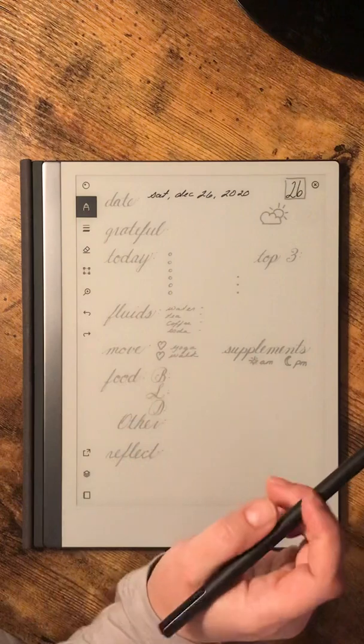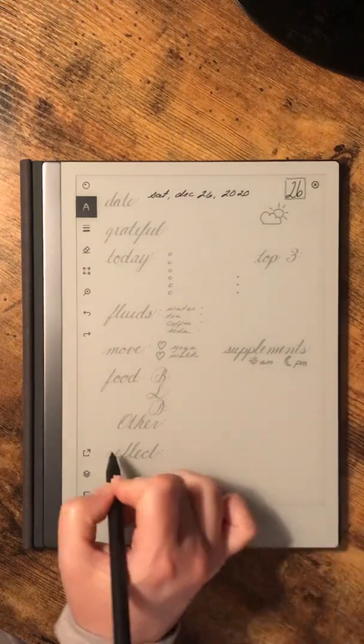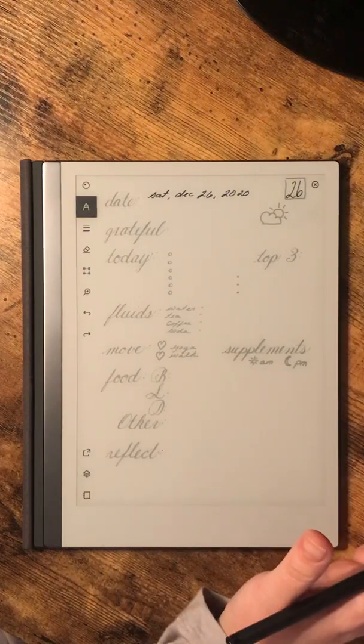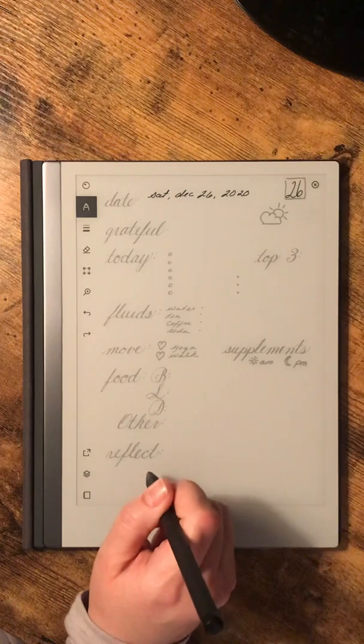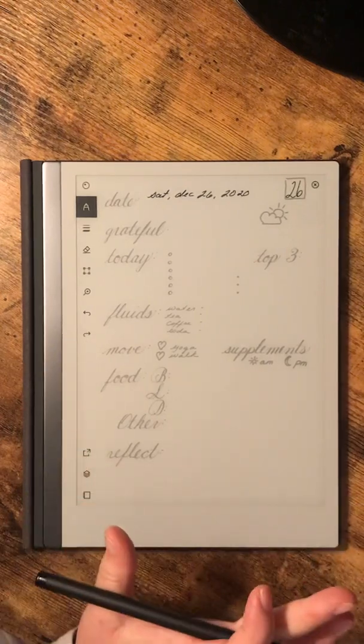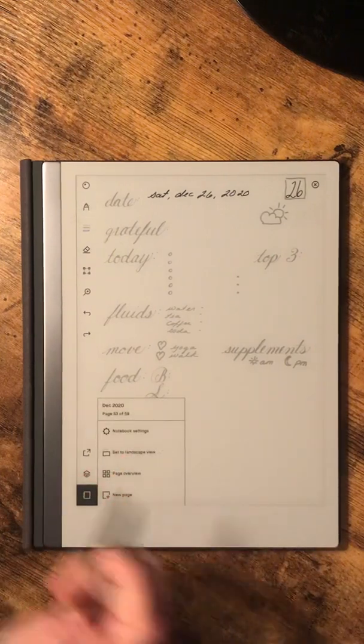So that's how that happens. And then this is like my daily food log. And then reflect is just kind of the start of my journaling for the day. This could just be a couple lines, a couple things I'm thinking about. What's cool about the reMarkable tablet is I can literally just start adding pages after this if I want to journal